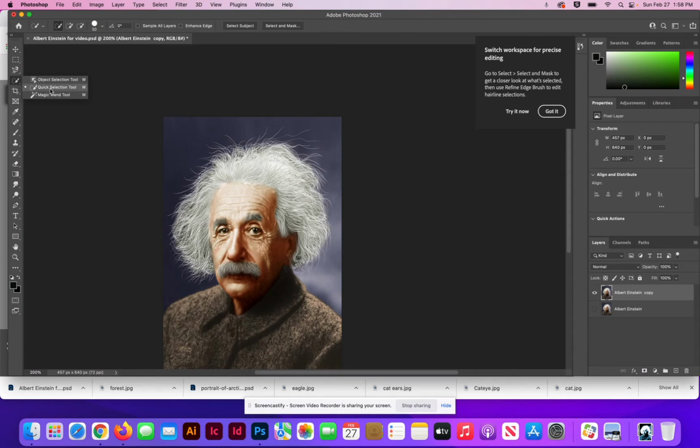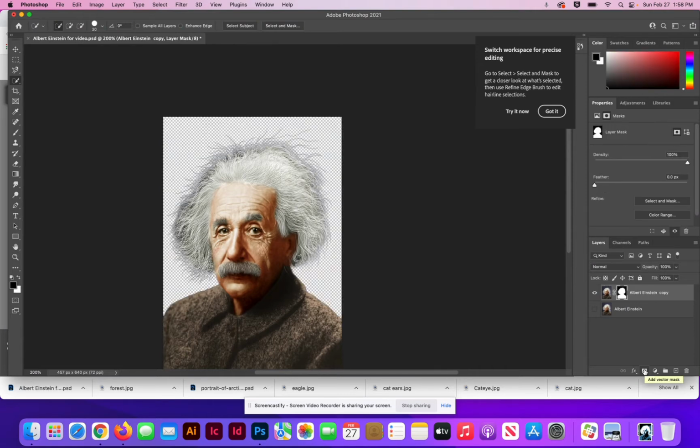You guys are all familiar with that from the last exercise. And just like in the last exercise, we're going to say select subject. And then we're going to create a layer mask. Okay, so that should all look familiar to you. So once we have our layer mask set, we're going to create a hue